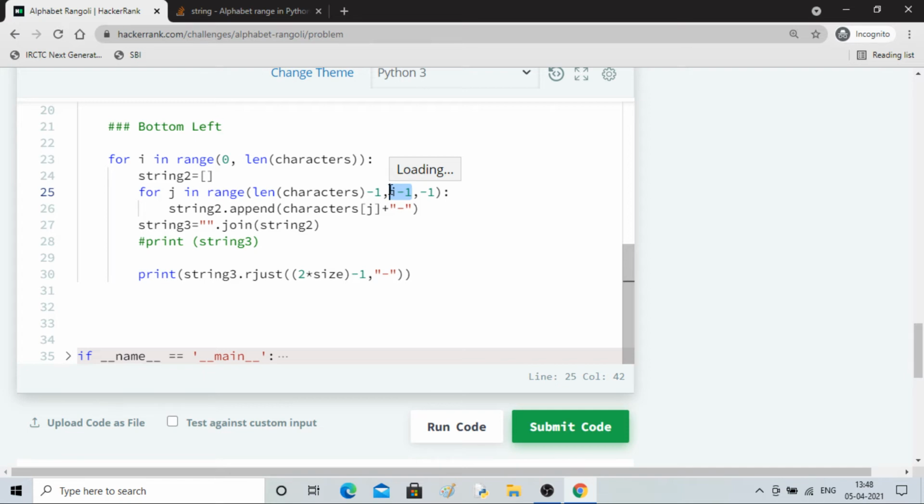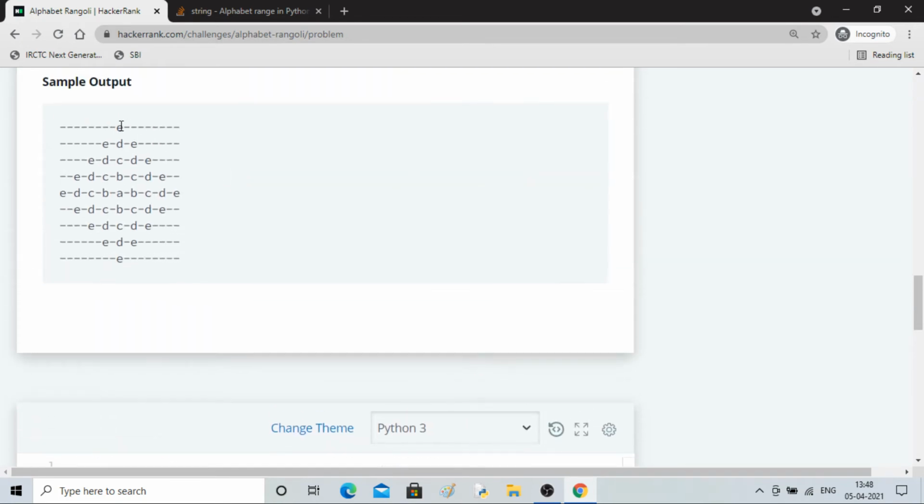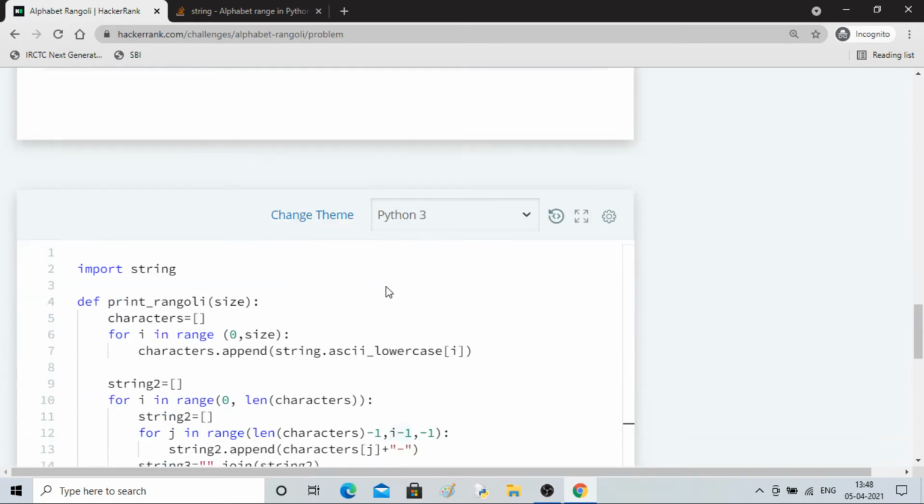So this will be E, length of characters. It has to be dependent on i. If i is equal to 0, then it has to take only 1. If i is equal to 2, then it has to take only 2.